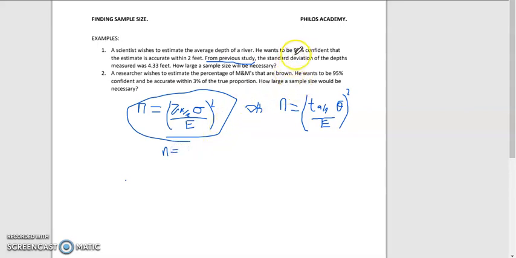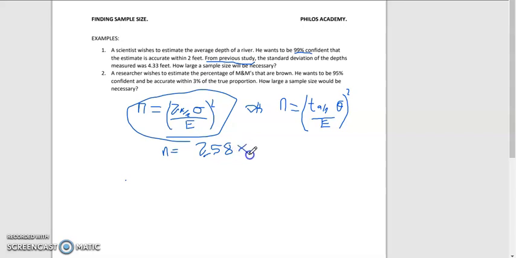So to find N, we substitute Z. When you are 99% confident, your Z score will be 2.578, which is 2.58 to 2 decimal places. You have to know that. So N equals 2.58